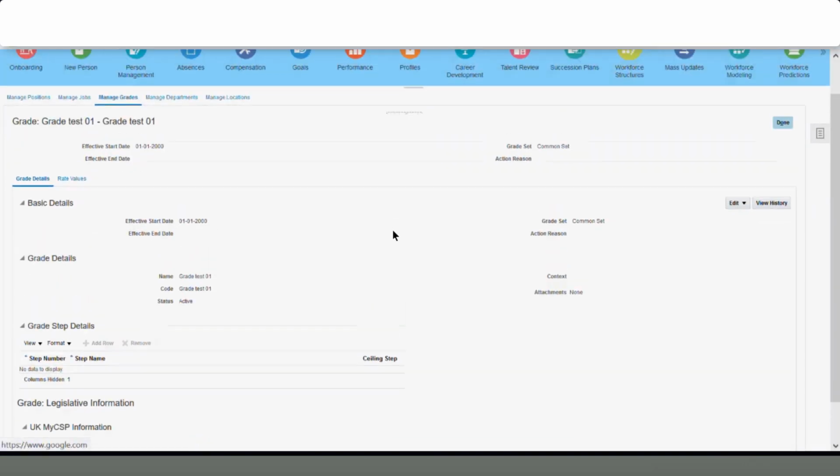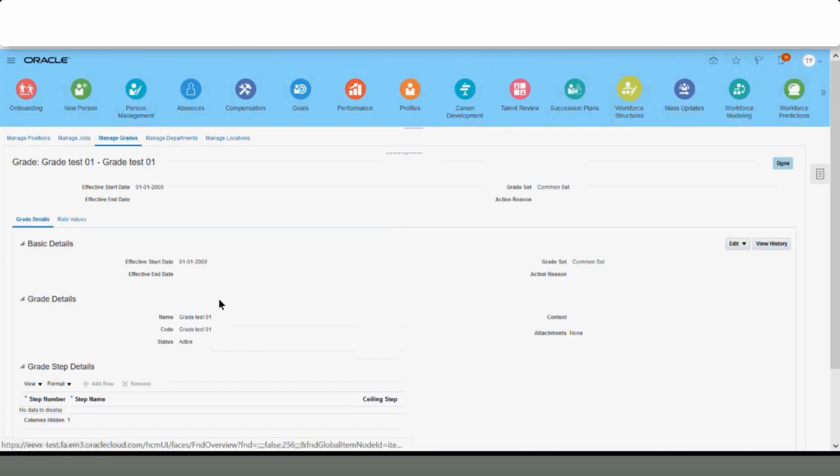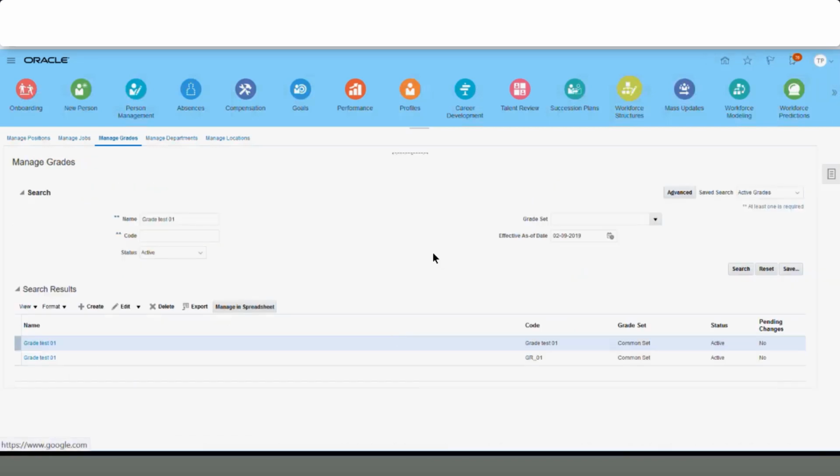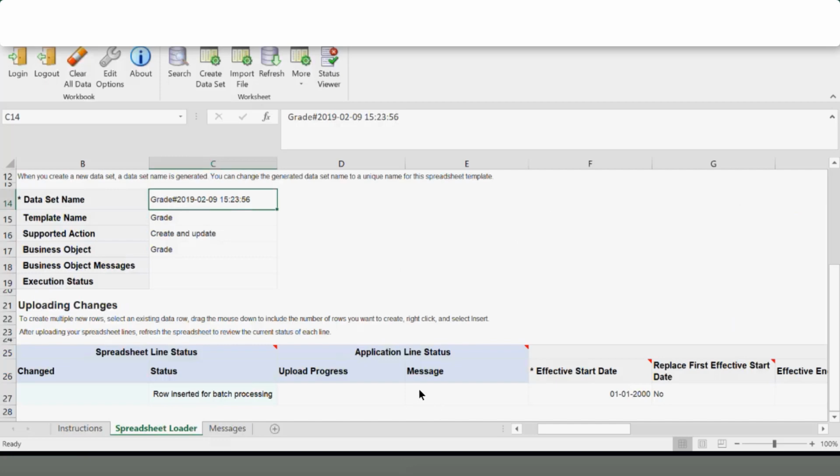So this is easy to use. The disadvantage is that the record which I just created will not have any source keys. So when you are trying to refer to this in your worker object or in any other objects, you always have to use your user keys or your surrogate IDs. Surrogate IDs you need to fetch from a backend table. That is one difficulty you face. But if you are okay to use user keys, then this is the best option for all the setup input, setup load, setup data creation.